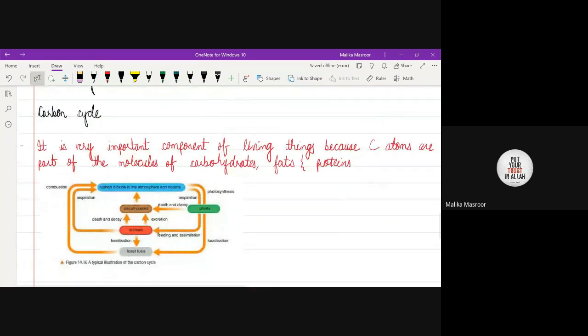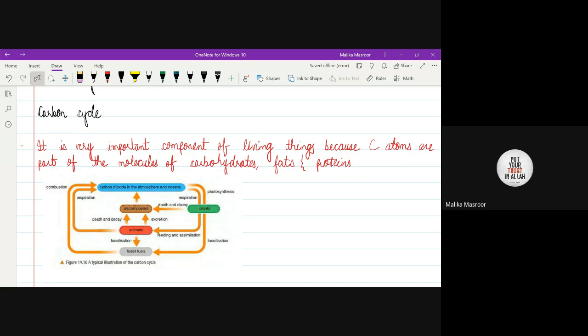Anyways, I was talking about this carbon cycle. What was I saying? Yes, I was saying that it is a cycle, right? As the name says, it's obviously a carbon cycle. The point is that everything is linked. It's an endless cycle. It will keep on going on and on and on.